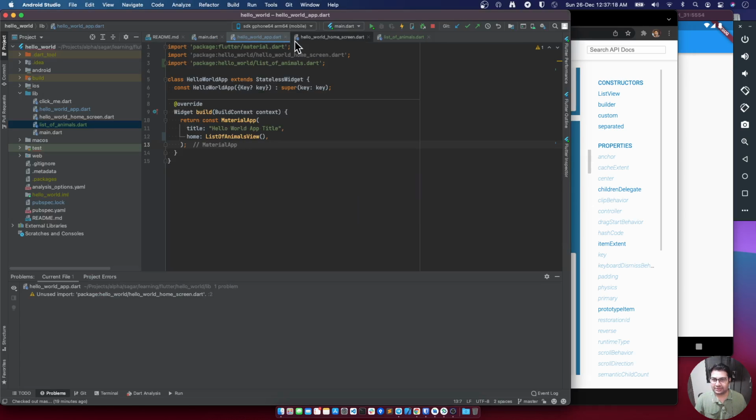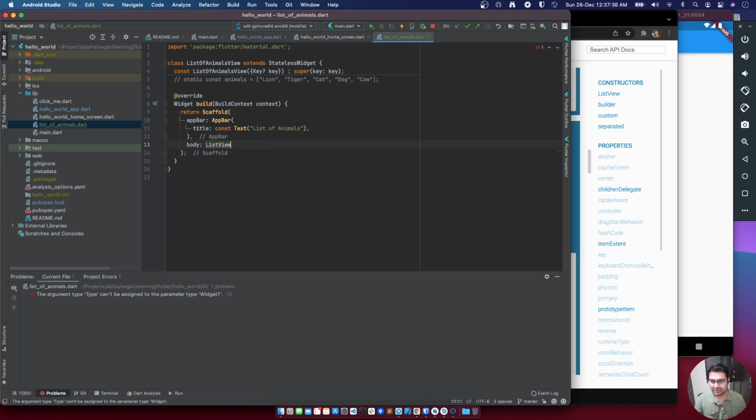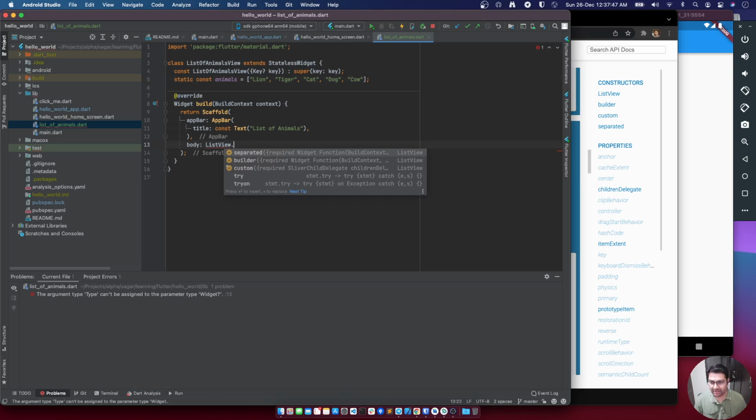So instead of using this fixed set of widgets as children to this list view, we can iterate through each and then define the item. Let me remove all of the code which I have written over here for the list view, and uncomment the variable animals. Then in list view, if I hit dot and control space, you would see that we have 3 functions over here, or say the constructors.